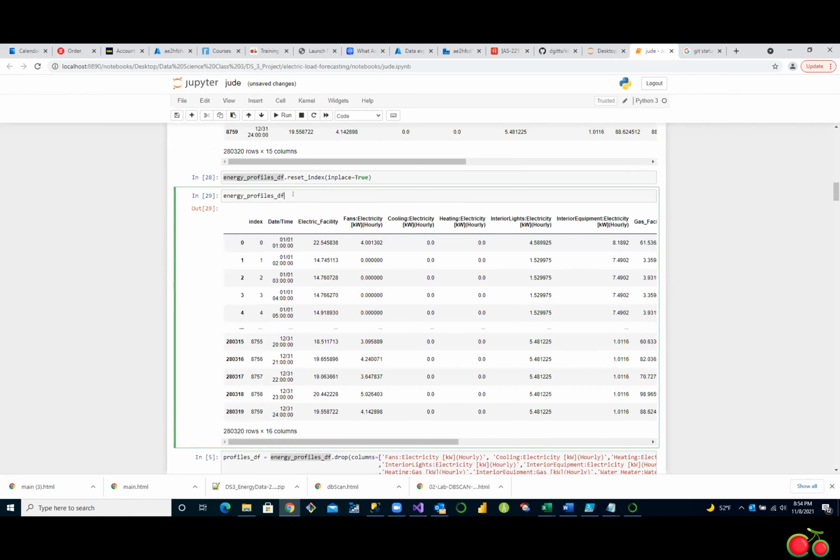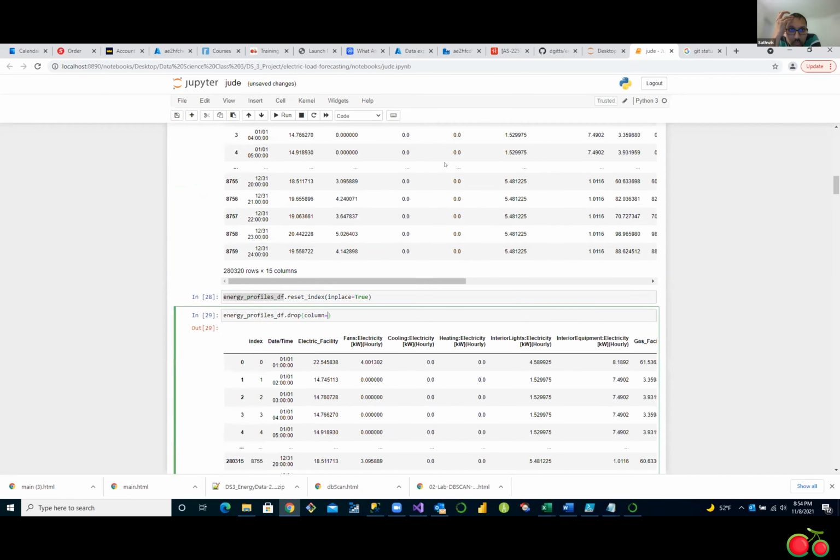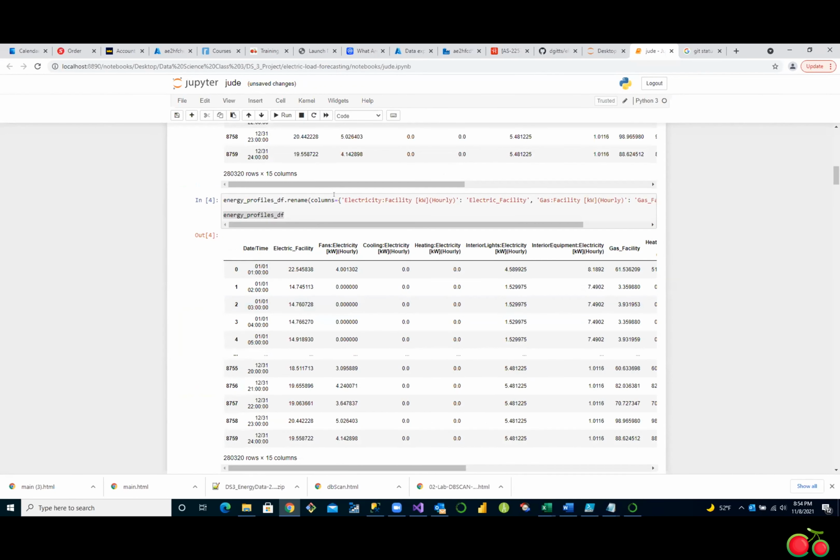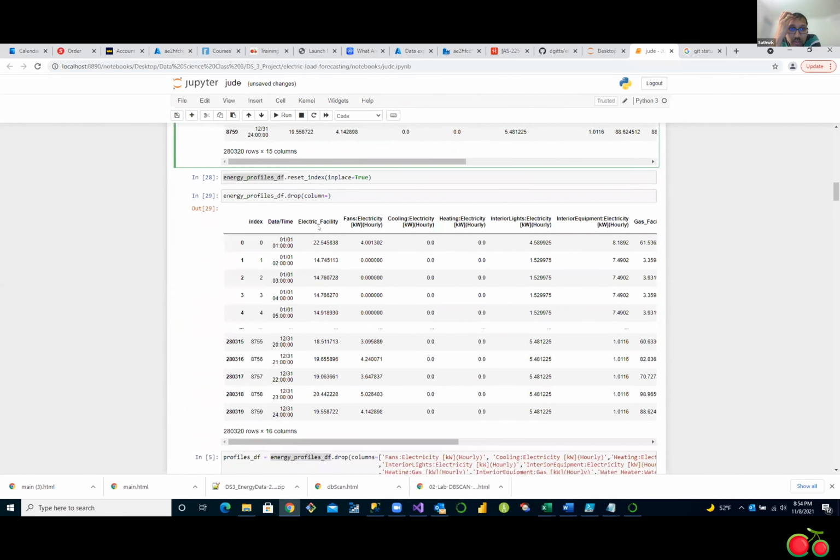So I'll have to dot drop. But will I say the second one? No, so dot drop, then open braces, columns equals to square braces, index, all of that stuff, like how you did in the bottom, right? That's rename, but the rename is like a map, it's a dictionary. This one's just a list. So columns equal to